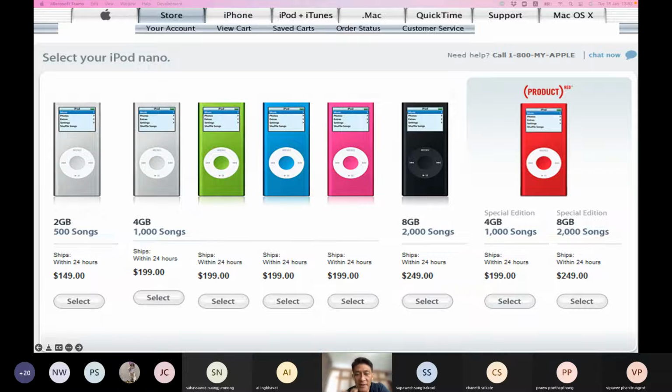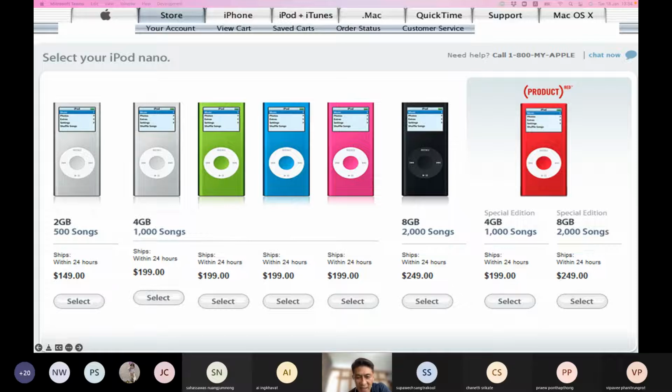But as you mentioned, they don't know which one they can sell the most, because this one is too expensive. 249 is very expensive, and that's the reason why Apple has to provide so many choices for the customer. Because if they only provide the most expensive one,